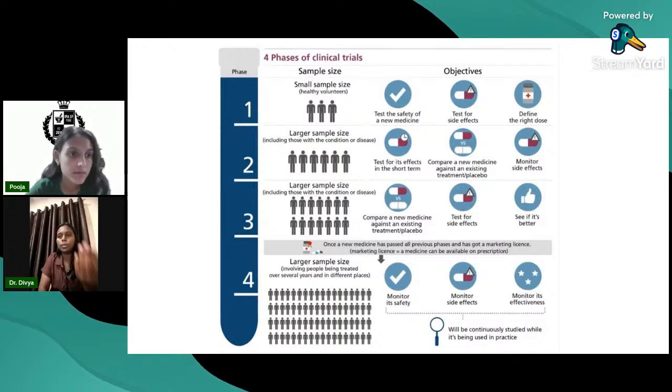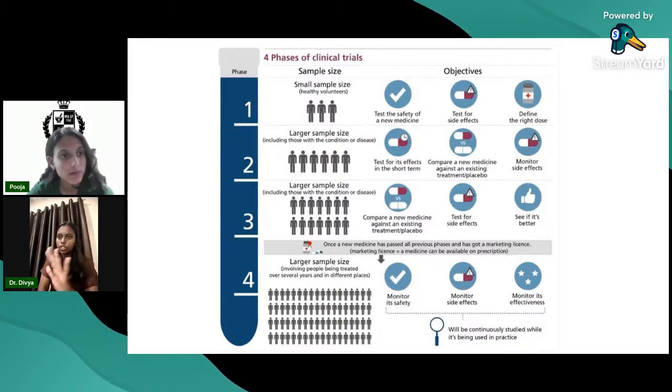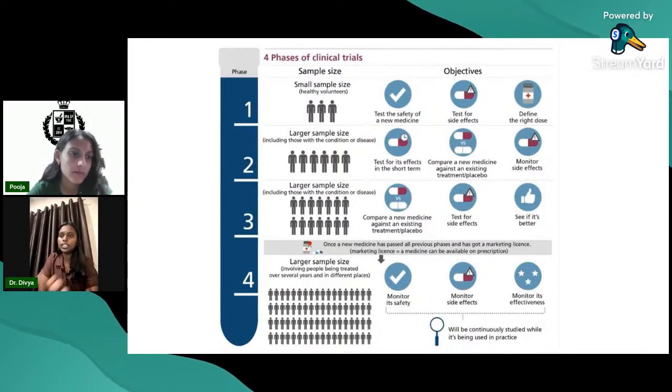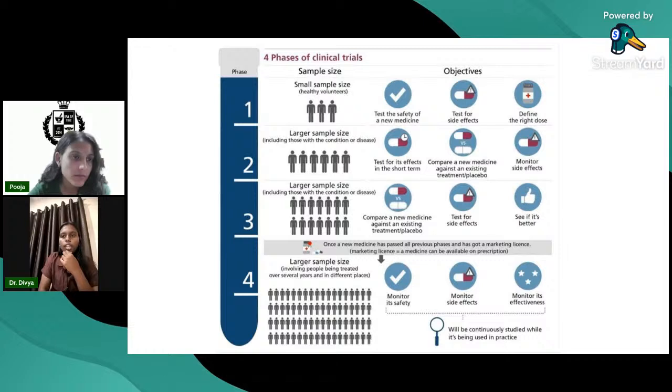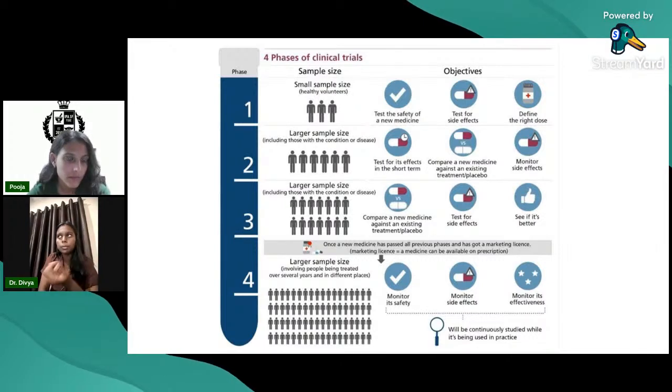And after the NDA application, you will release that drug into the market, and that is called post-marketing surveillance. In this post-marketing surveillance, you will not actually conduct a study like all these phases. You will actually bring back people and ask them about the effect or check them for effect. You will just do surveillance of the study. You will tell them if they find any side effect, they should report it to us ideally. But you cannot